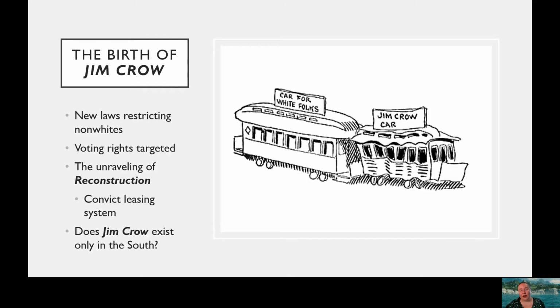And very quickly after Reconstruction officially ends in 1877, we have these Southern state governments trying to undo as much as possible about Reconstruction. So defunding public school systems, which only started to exist in the South because of radical Reconstruction, slashing property taxes, which benefited elite white people, but again, kind of starved money for programs meant for poorer Southerners. And also embracing elements of presidential Reconstruction, including bringing back a version of the Black Codes, one of